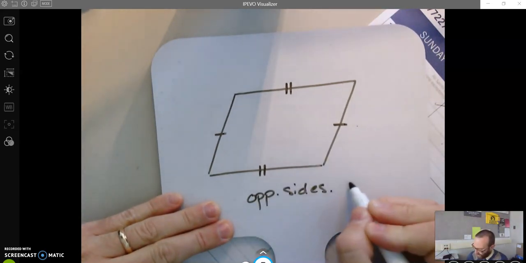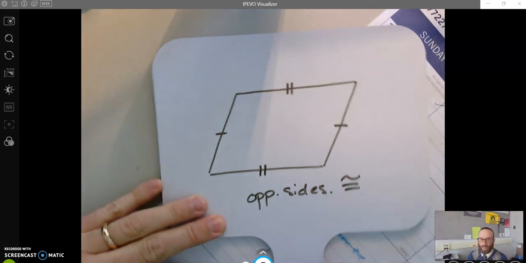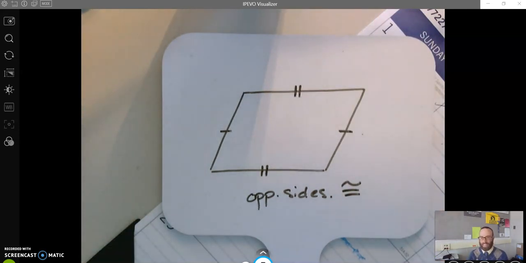sides congruent. Okay? Now, you're going to be asked to write that out in sentences. You're going to use the full word. You don't need a period there. Okay? But that is the part of the diagram that would tell us. You might also see numbers written here. And if the numbers are the same, that would also cue you in that those opposite sides are congruent to